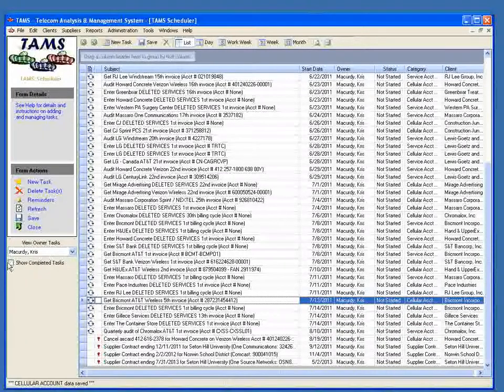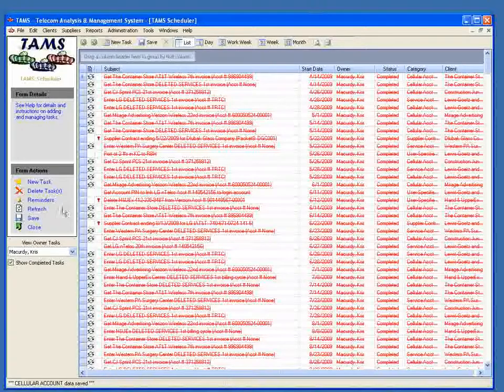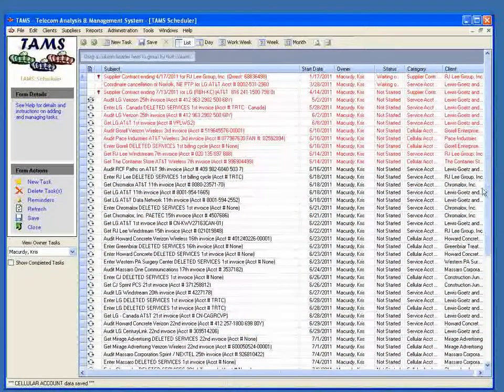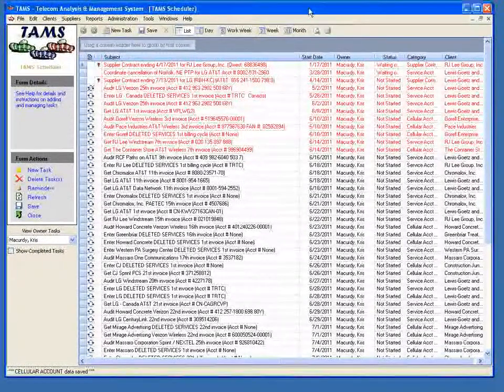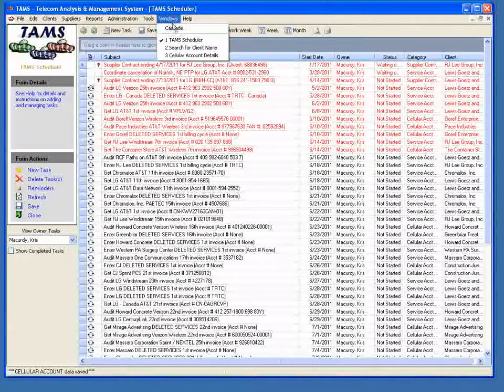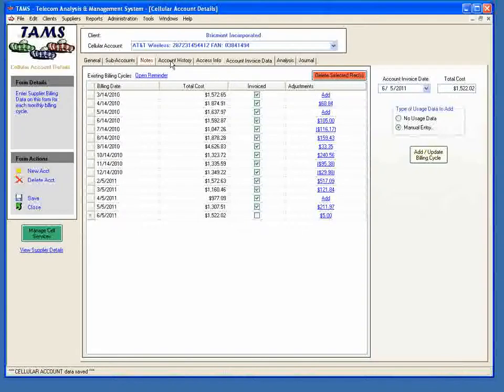If we ever need to, we can go back and look at our completed tasks and sort and group by the task title or by client, and examine previously closed tasks in case there are any notes listed in there. That concludes the process for auditing a cellular account, running the scripts, importing the data, reconciling it, and looking for subsequent